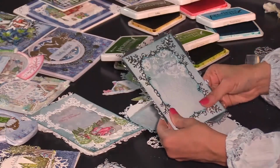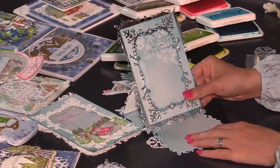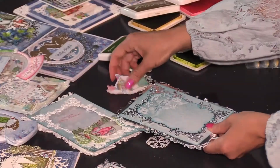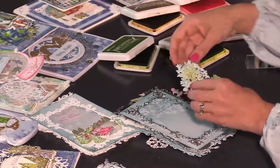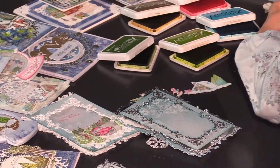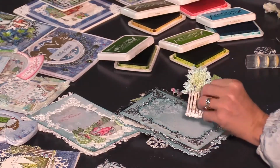Now before we talk about how you can make this easel stand up by itself, we're just going to layer this flat and we're going to add our scene. So the first thing we're going to add is our tree, and that's going to be added on the left hand side. I'll add one foam dot up top, peel that away, and we're going to go ahead and add some hot glue here at the bottom, and we'll put that here